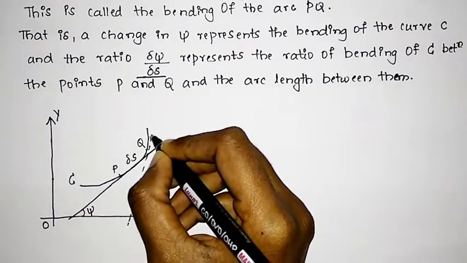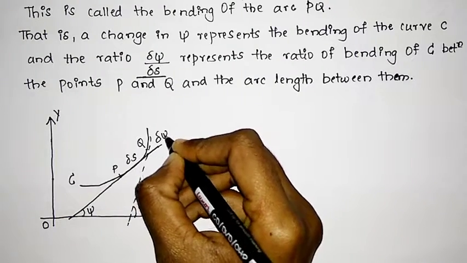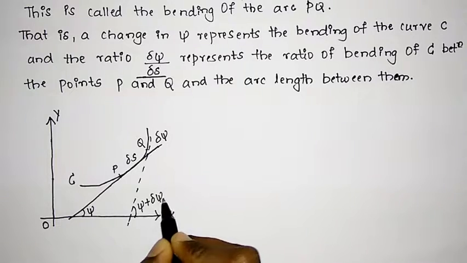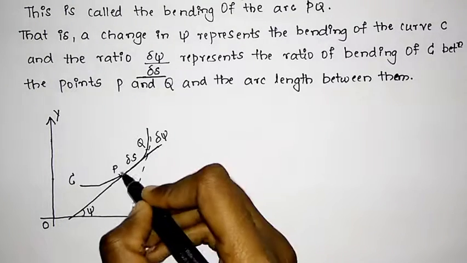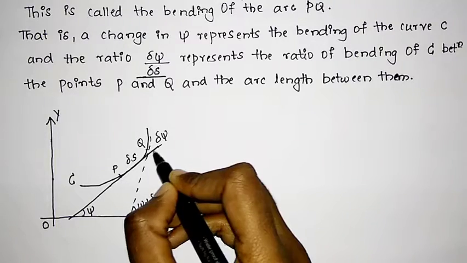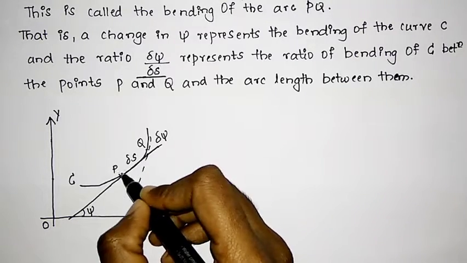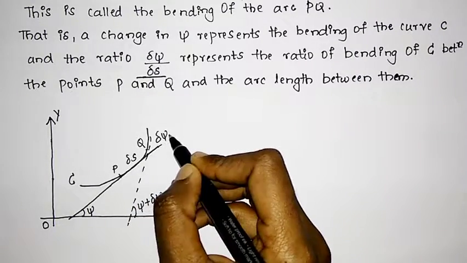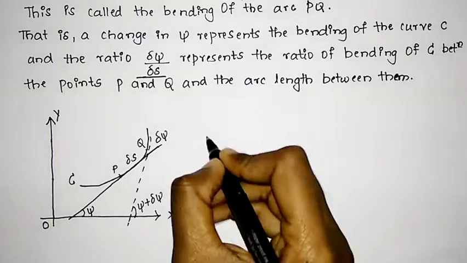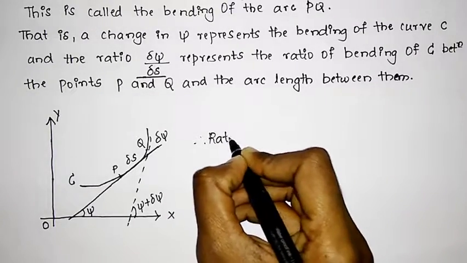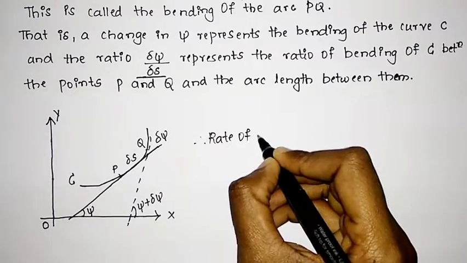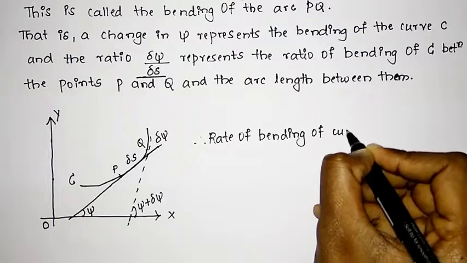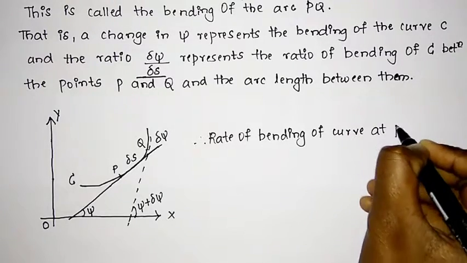Similarly, the change with respect to the tangent is delta phi. Therefore, we have constructed the curvature with the two angles phi and phi plus delta phi, and we have considered the two points which join the line and the tangent. P and Q are the two points, and the change in the distance is delta S. Similarly, the change in the angle of the tangent is delta phi. So therefore, the rate of bending of the curve at P is